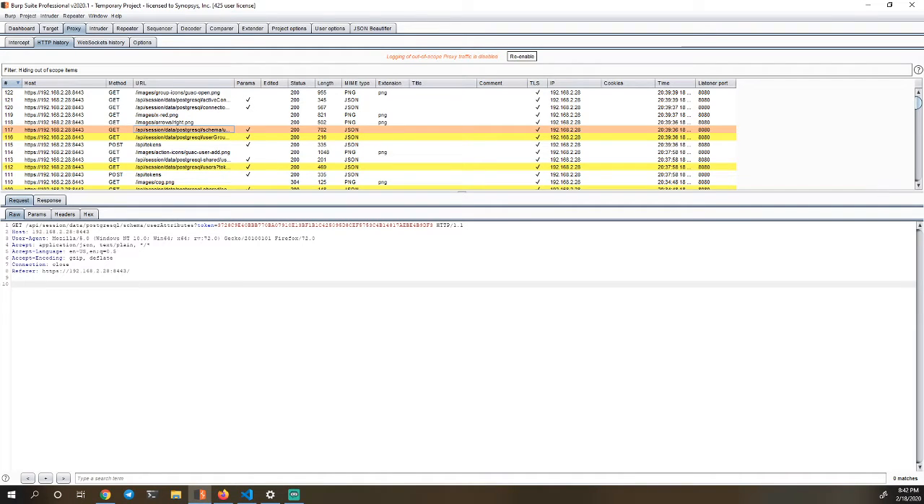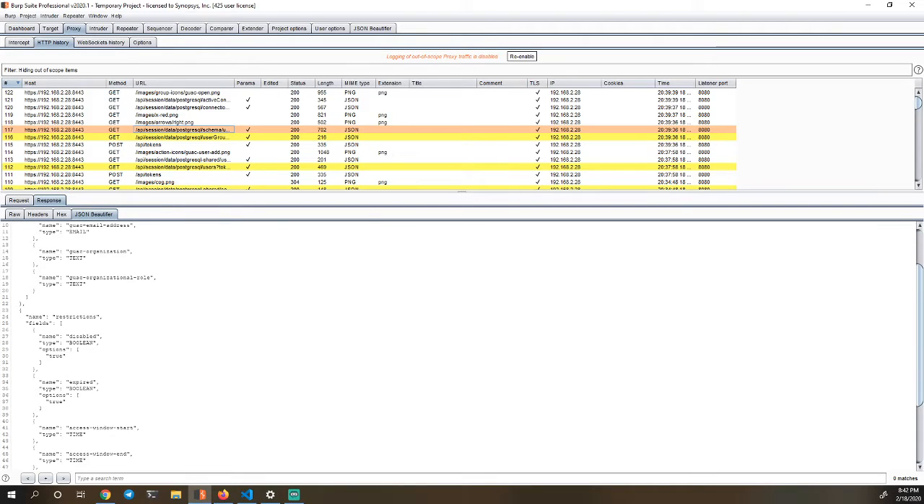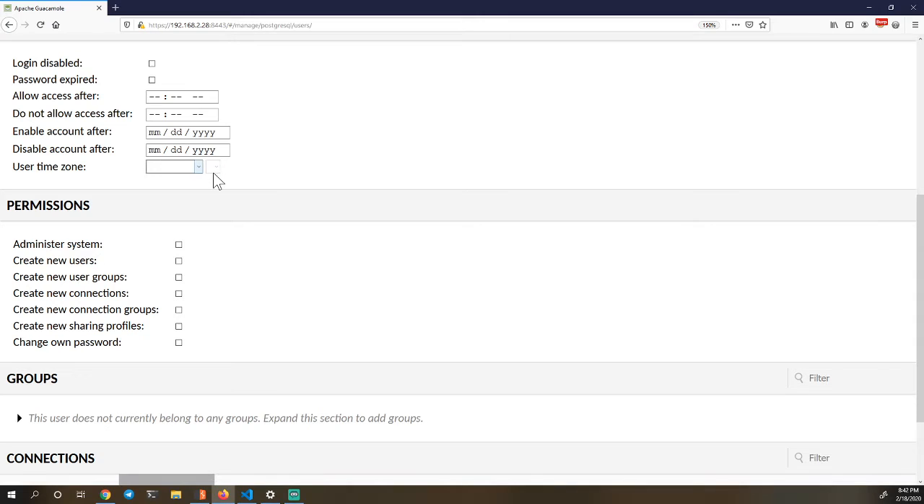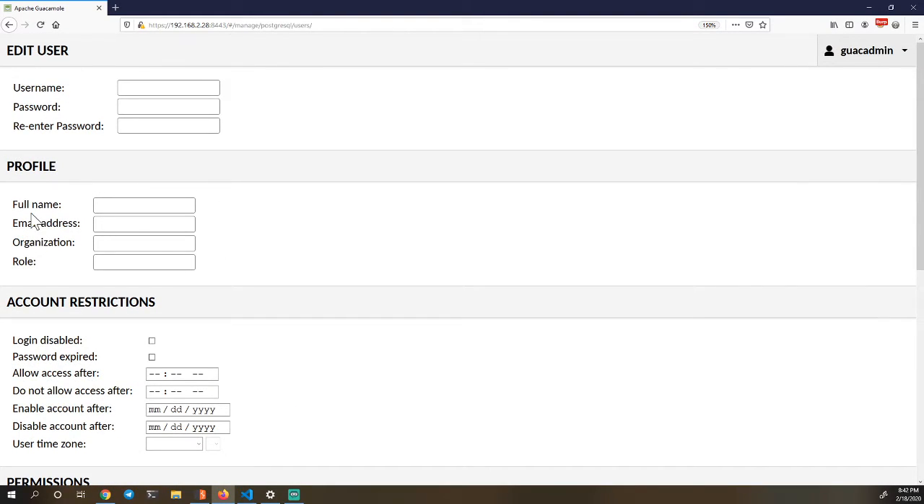Okay, so now we made a call to the schema user attributes, and it is pulling profile, guac full name, guac email address, guac organization. This looks like this is going to be... yeah, there's still no... there's full name. Bet you if we look at this right here,